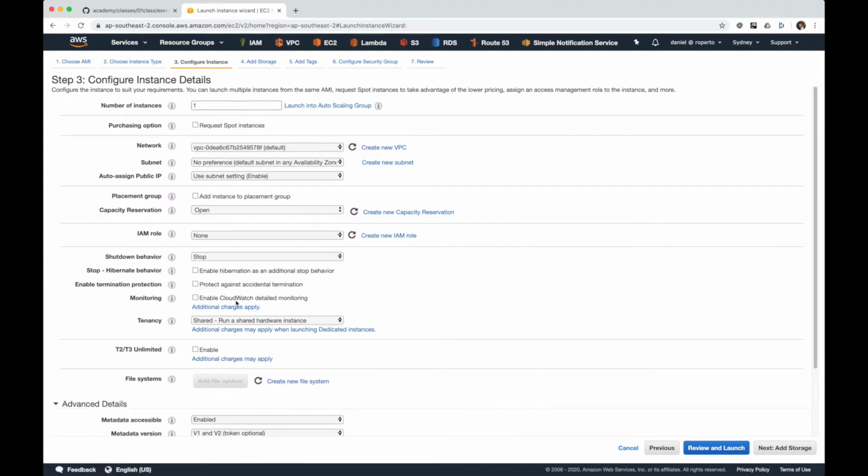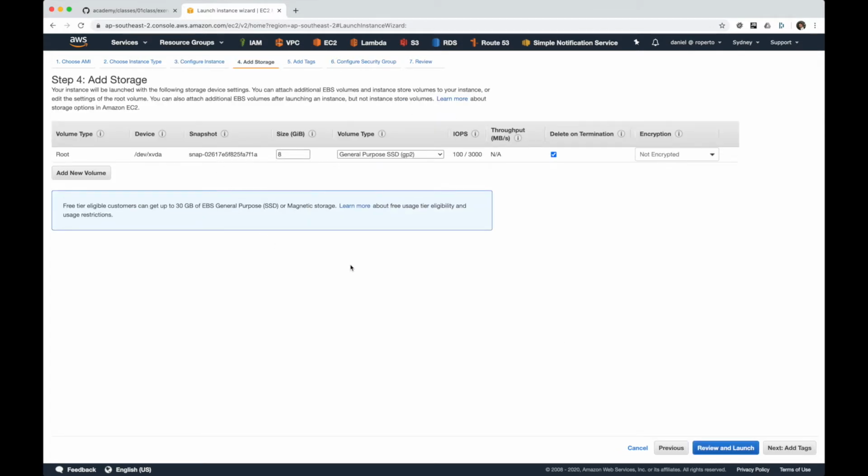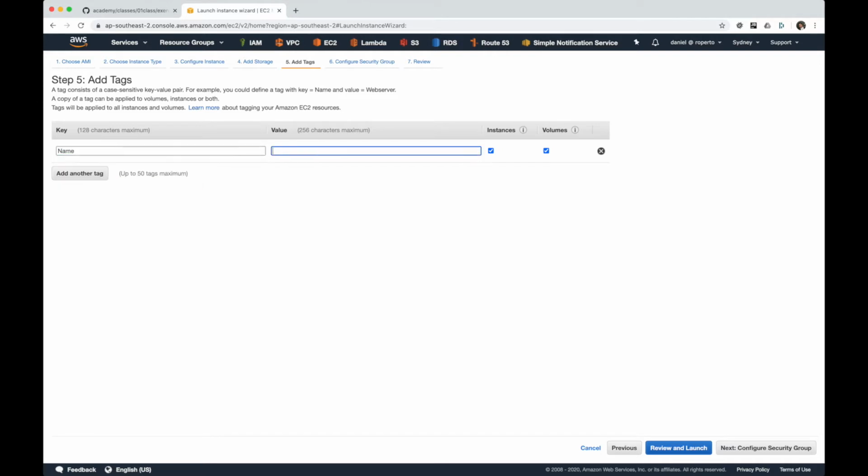Now the details. Let's not get into all these details here. There's a little bit of information here that we don't need right now. Most important, the exercise asks us to use the default VPC, which is here. I'm not going to select any subnet right now. And one of the important things is here, auto-assign a public IP. You can see it's enabled by default, or you can just select enabled anyway, because that's the public machine that we are creating right now. Storage, I'm not going to change the size of the disk, doesn't matter right now. Tags, you can add a name if you want to, that's not required. I'll call this one